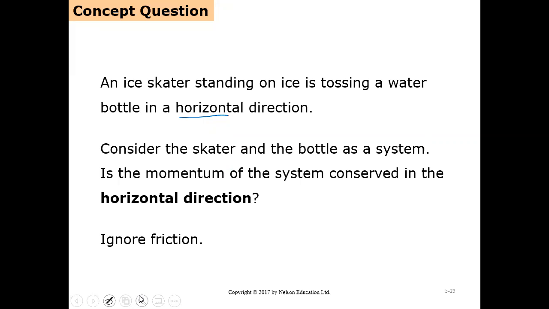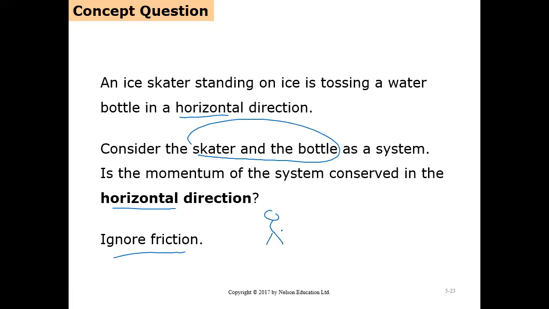We saw that. But if there is no friction, this is the second question. Let me discuss it. Now this time, it doesn't matter which direction he is throwing. It can even be throwing vertically upward. Consider the skater and the bottle as a system. Is the momentum of the system conserved in the horizontal direction, ignoring friction? Even though he is throwing the bottle in the horizontal direction,